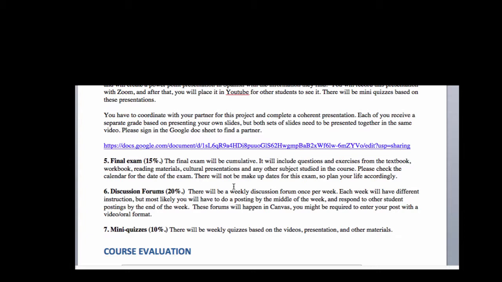The final exam will be cumulative, but it will include more questions on the last chapter that you're gonna be studying. The final exam happens in the last week of classes, and it will be very similar with the same structure as the previous exams, just a little bit longer. And then